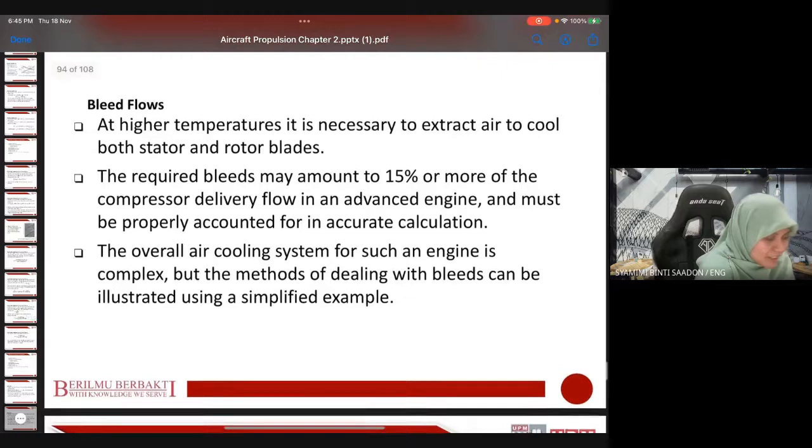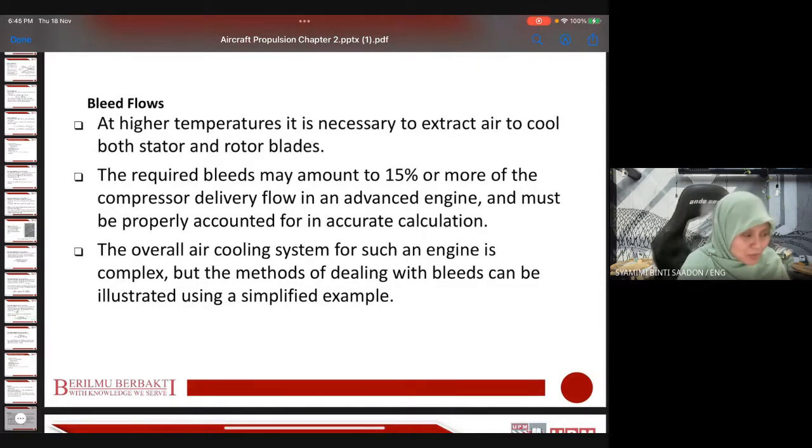And then at high temperature, it's necessary to extract air to cool both stator and rotor blades. The required bleed may amount to 15% or more of the compressor delivery. This bleed flow will also affect the overall performance of the gas turbine,